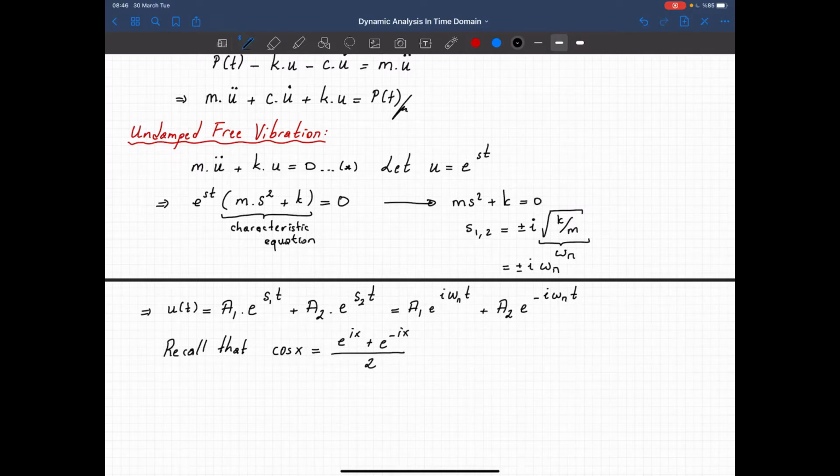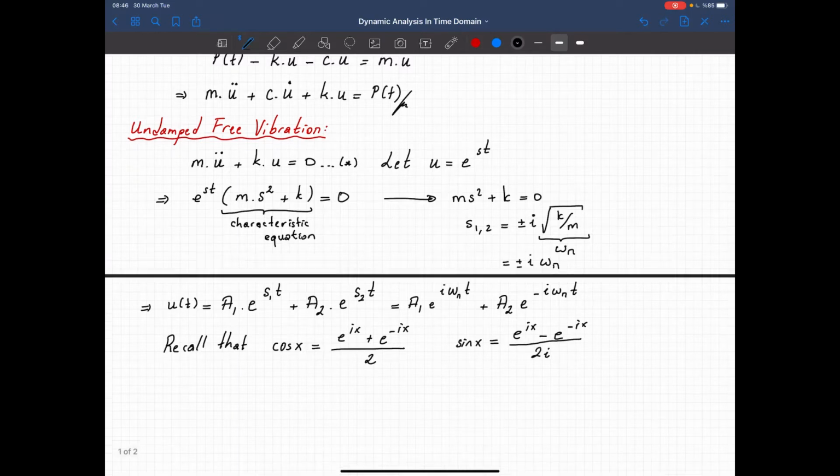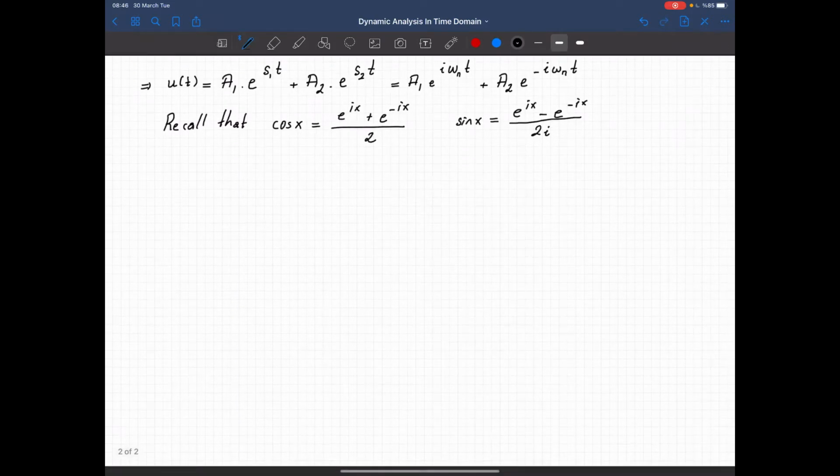And if we again write the sine of x in complex space, that would give us e to the power ix minus e to the power minus ix, divided by 2i. So inserting these two relationships into this equation gives me the following: